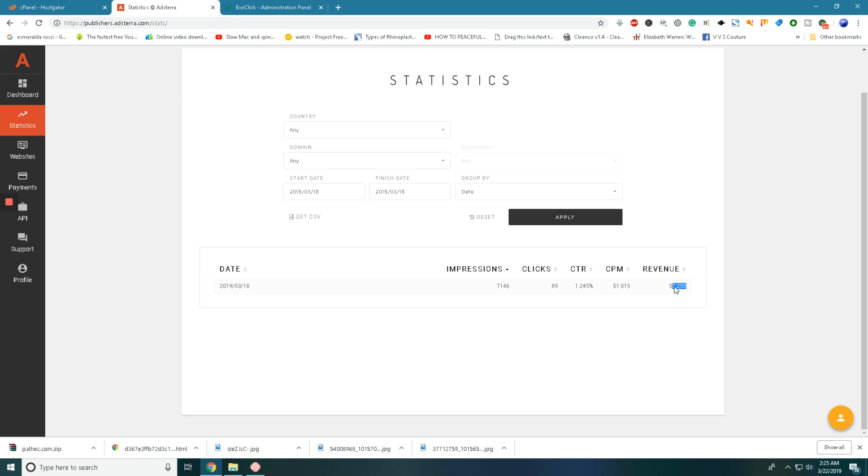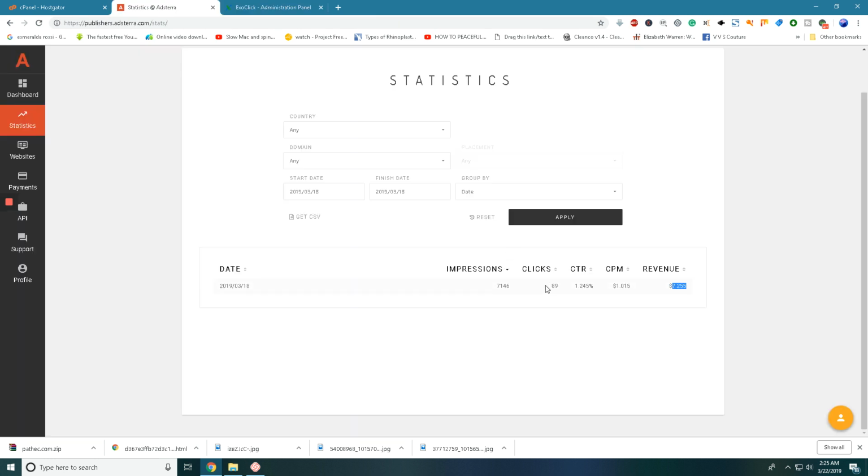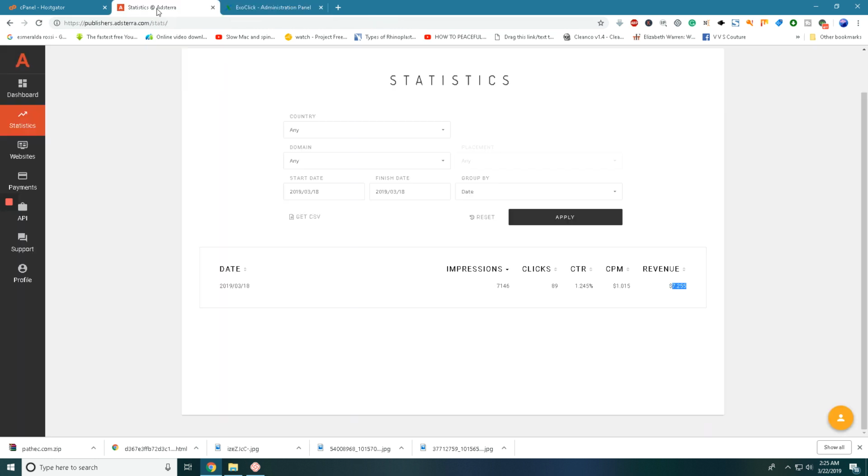All I'm saying is I got $7 on 7,100 impressions versus 11,000 impressions and 40 cents. 89 clicks, $7, versus 70 clicks, 40 cents. That's all I see. So what that means is